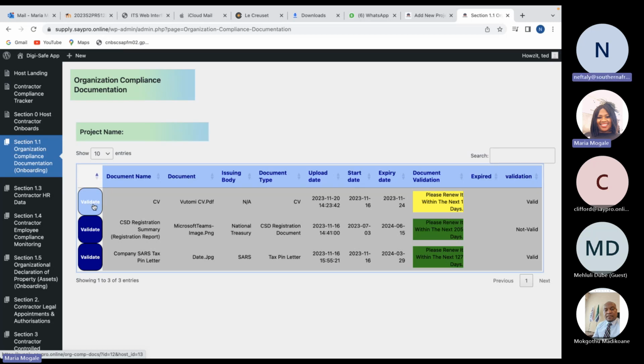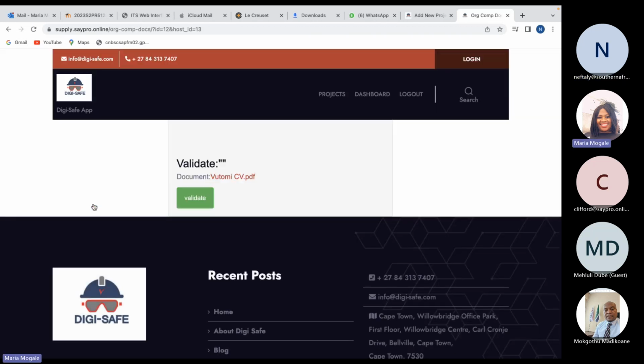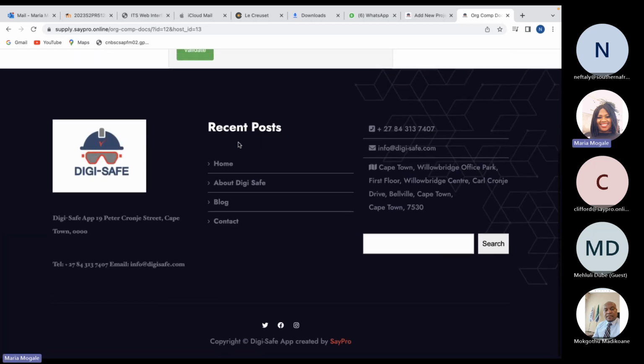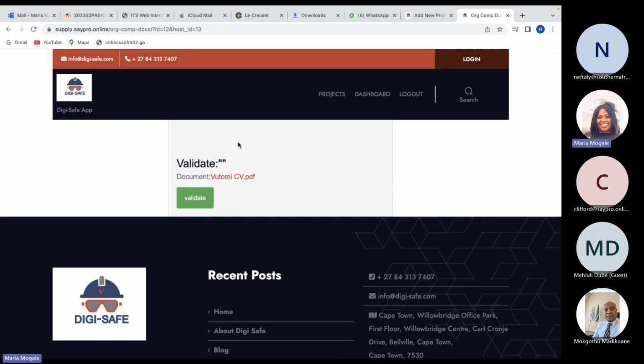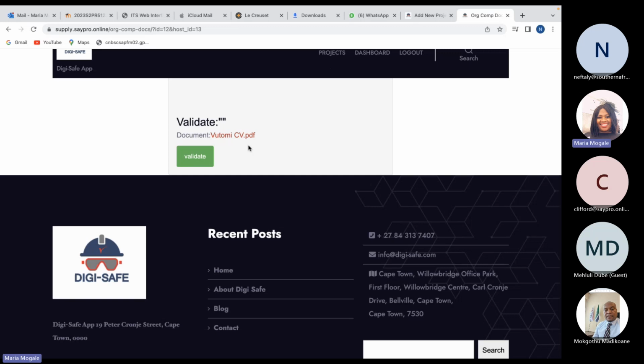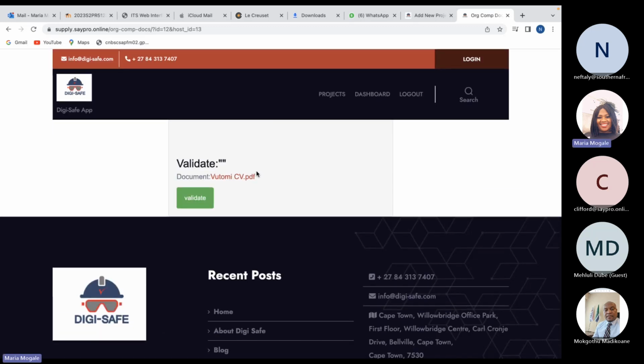When I click on view here, it should open that form, and I'm able to populate the information. If I need to attach anything, it should give me an option to attach. And then on my side, once done, I submit it as a contractor.